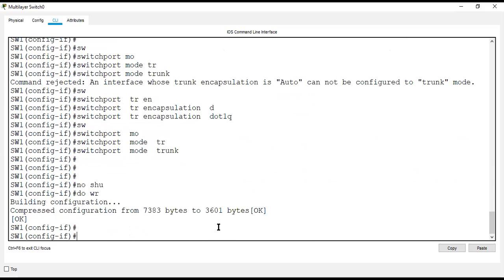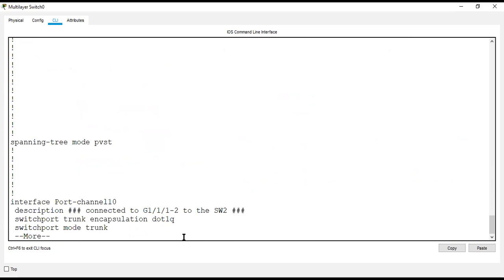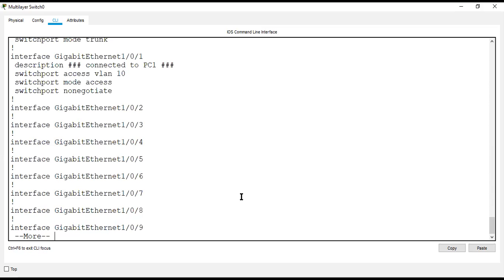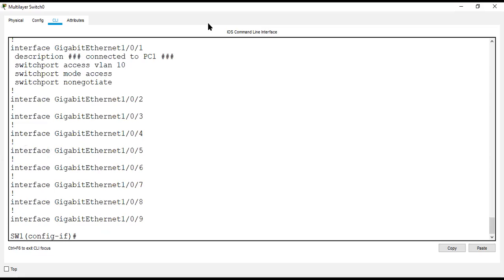Do write. With the same set of configuration, if you do show run, you can see interface port channel 10 is connected to G1/1/1 and 2 of the second switch. The same way, we need to configure the EtherChannel on the second switch.